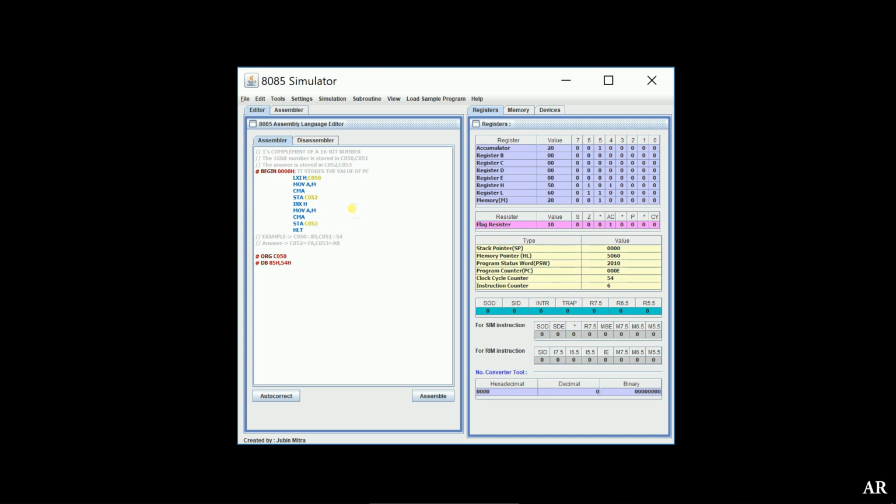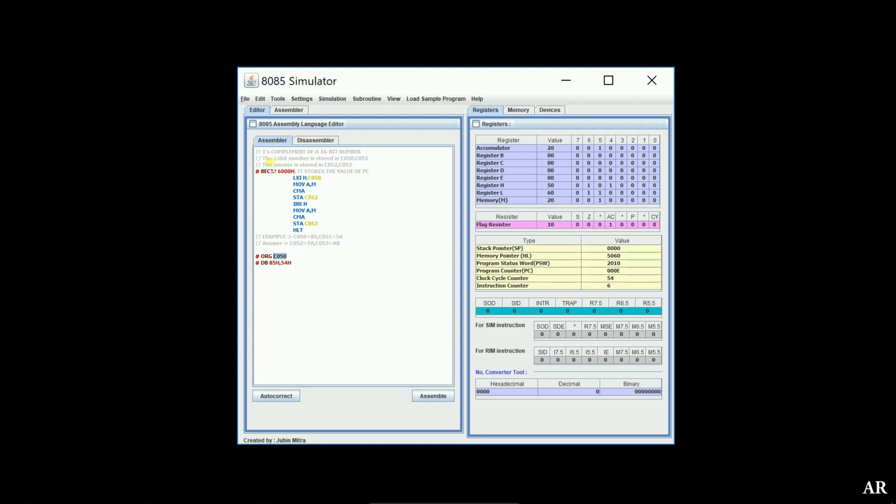Now what I can do is make this 6000H. So I'm initializing the program counter at 6000H. This means that I should also ensure that my program is stored from 6000H. Now, what is the functionality of your ORG? ORG will define from what value or memory location the next byte will be stored. If you notice here, C050 is a memory location. We want that the next two input values